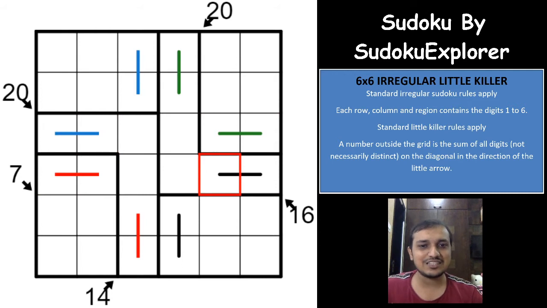But an excellent logic here is again that if you see red and blue groups, they are exactly seeing each other in the same row, which means that these four digits and these four digits will also have to be different, right? So green and black are seeing each other, which is even in this 2 by 2 box, and blue and red are also seeing each other, which is even in the 2 by 2 box, which means that these four digits also would have to be different, and these four digits also would have to be different, which means that these four digits also can be 6543 and one of the groups will have to be 6542.